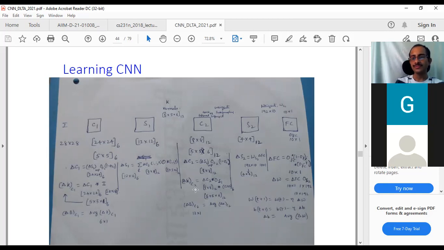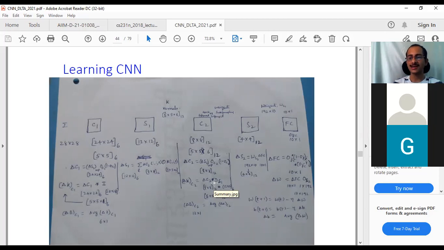Thank you. Sir, quick question. Sir, in practice, generally correlation is done rather than convolution. So in the forward pass it's generally correlation, and in the backward pass it is convolution. Is it like that? Yeah, you can consider the forward pass as flipped correlation, and the backward pass as correlation. That's all. If you do it here, it is convolution, but flipped correlation in the forward pass and correlation in the backward pass.